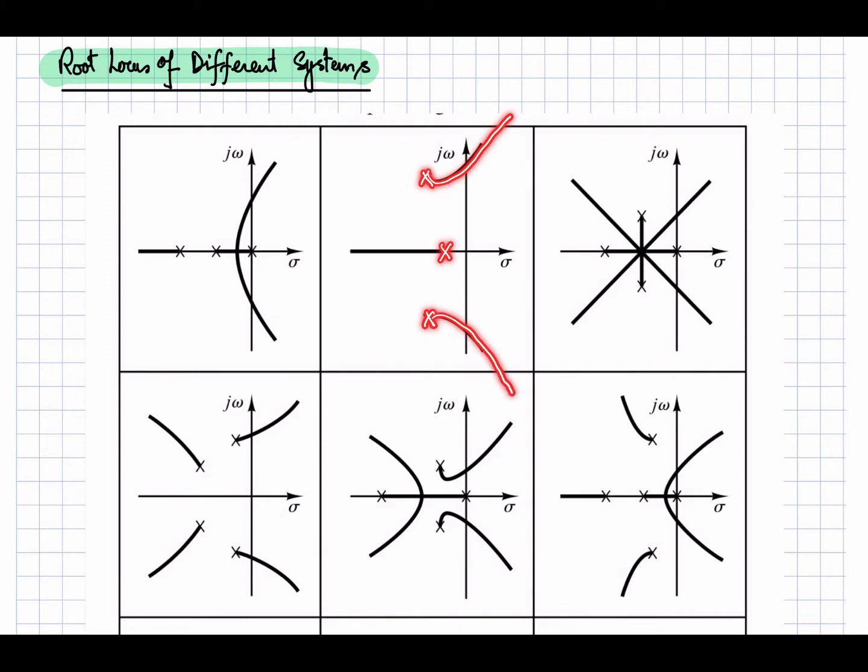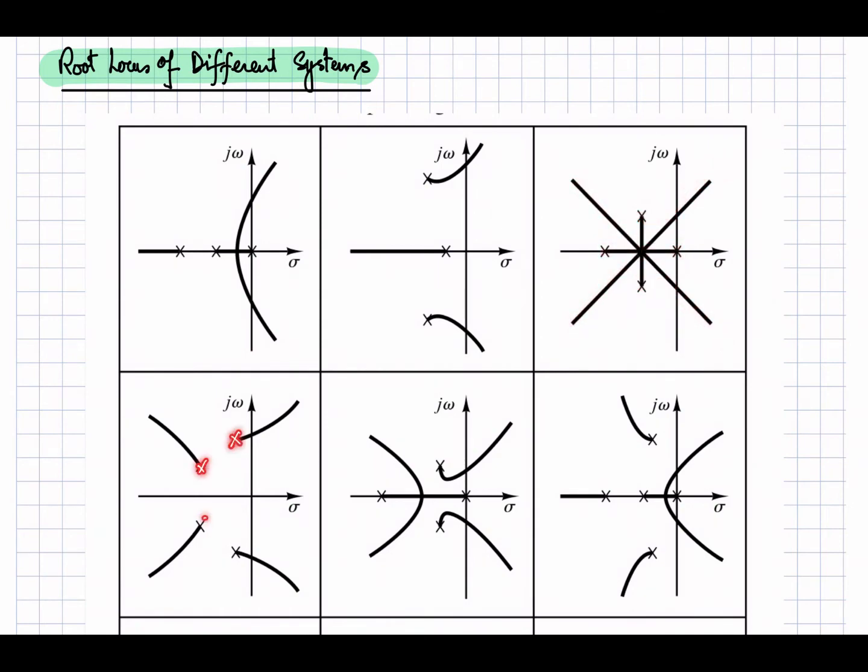They will be moving towards the zeros which are sitting at the infinity, and this will also be moving towards the zero which is sitting somewhere at the infinity. And if your system has a structure like that, 2 real poles and 2 complex poles, these real poles will move along, first of all, the real axis. Let's suppose that it will move over here and it will go over here, and maybe these complex poles will be moving along these asymptotes towards the zeros which are sitting at the infinity.